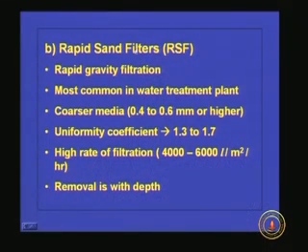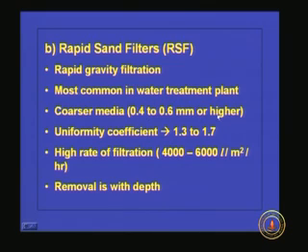Of course, here the flow rate is very high compared to the slow sand filter. The filtration is by gravity, so it is known as rapid gravity filtration, and this is the one most commonly used in water treatment plants. And here the media is coarser compared to a slow sand filter. We can see the effective size varies from 0.4 to 0.75 mm, 0.6 mm is the usual range,